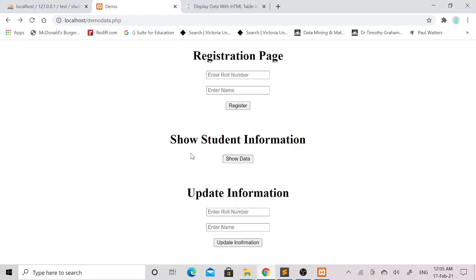You can see that there is a heading update information below the student information, and here is the update information button. So using this update information form, I will try to update the information of the student.